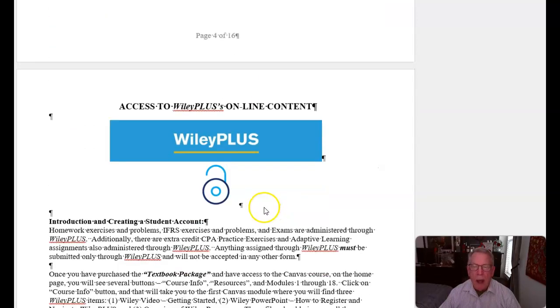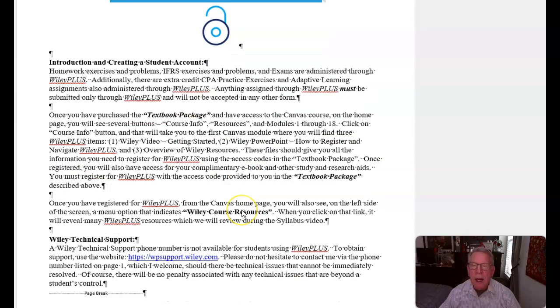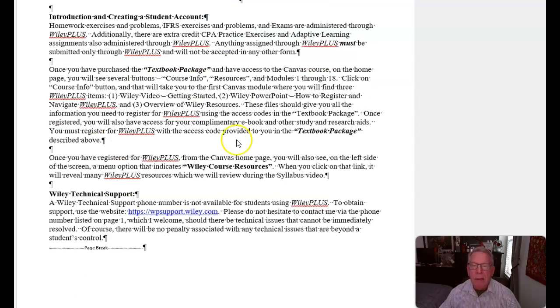Okay, so on to Wiley Plus a little bit. Here it is. And here you're going to create a student account, and all your homework must be submitted through Wiley Plus. And I think it says all that. I've provided some videos in the course information, which you'll see here in a minute.